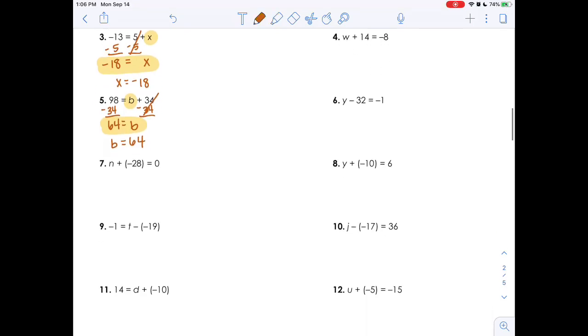Looking at number 7, I have n plus a negative 28 equals 0. Don't let this confuse you. If I have plus a negative, what I'm really doing there, if I'm adding a negative, is that I'm subtracting. I like to rewrite this as n minus 28 equals 0. But all you have to know is if we're trying to get rid of that negative 28, the opposite of a negative 28 is a positive